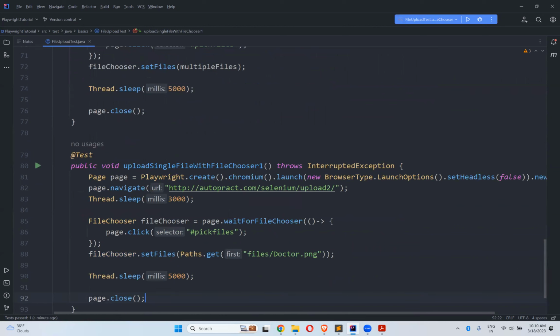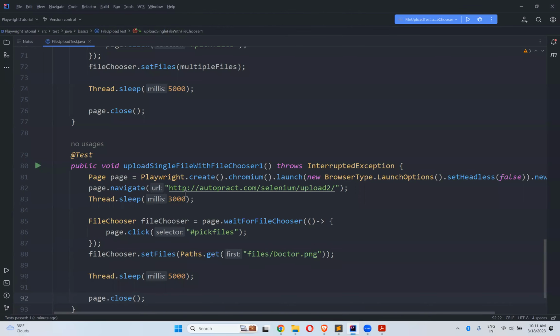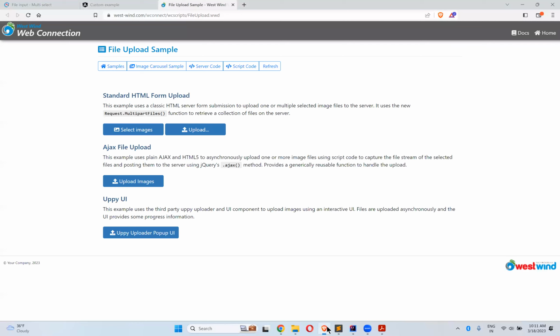I found one website with a different way, so let's start off by discussing that. So let me go to that URL. This is the URL. Let me give the same thing here. westwind.com/wconnect/wcscripts/fileupload.wwd, some random website. So if you go there,